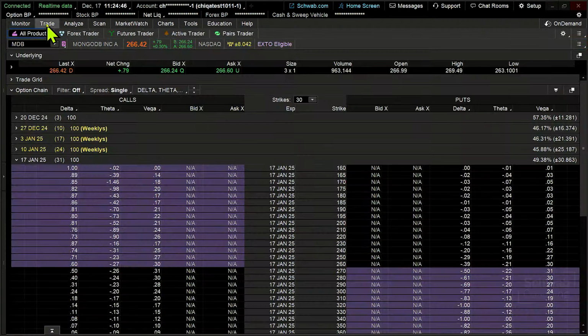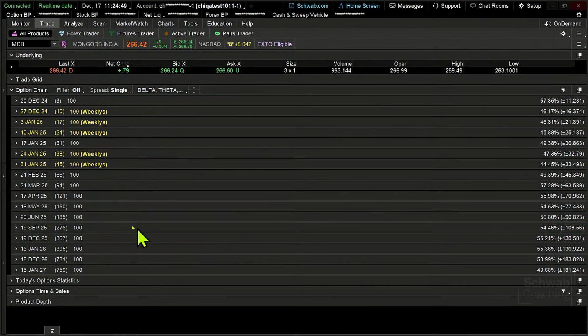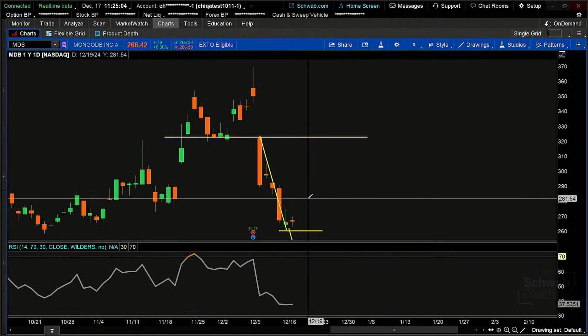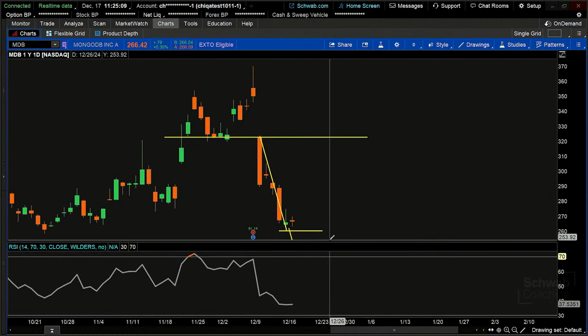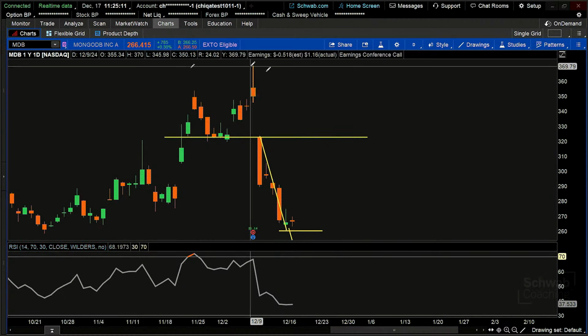Add this trade. So I'm going to go to the trade tab, and I'm going to go out a little bit of time. I'm going to give it enough time to make that move to the downside. And we'll make this a contingent order to enter this particular trade. So what I'm going to do is go to the 31 Jan expiration. And you're right, it probably did bounce a couple of times right there at about the 250 mark or so, 260, down around that range. We had some support in that area.